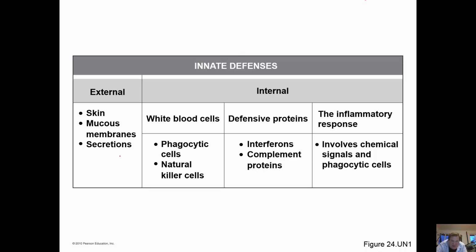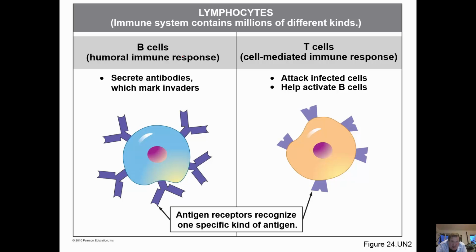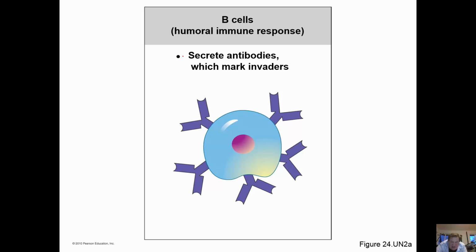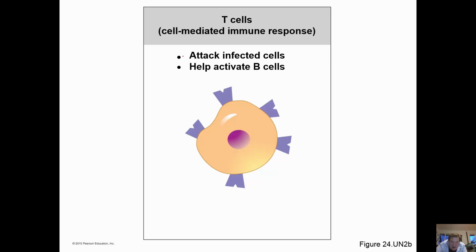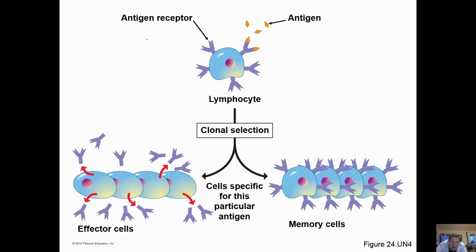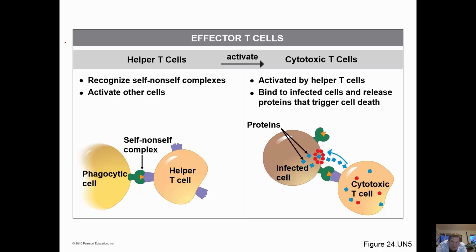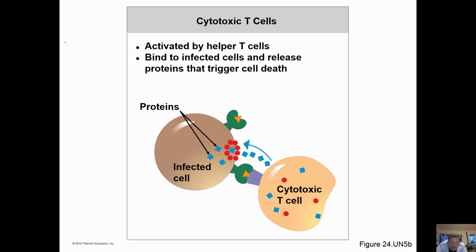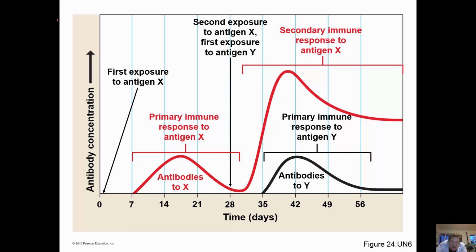Okay, it's been about 15 minutes. I'm almost done. And so this chart here is looking at the innate defenses that we have. This is looking at the different lymphocytes. An example, close-up of a B cell and close-up of a T cell. And this is basically looking at the antibodies that are produced by the B cells. And this is looking at clonal selection, which you should be aware of. Effector B cells, I'm not going to get into that much. And then this graph here is definitely what you want to know. This is showing you how